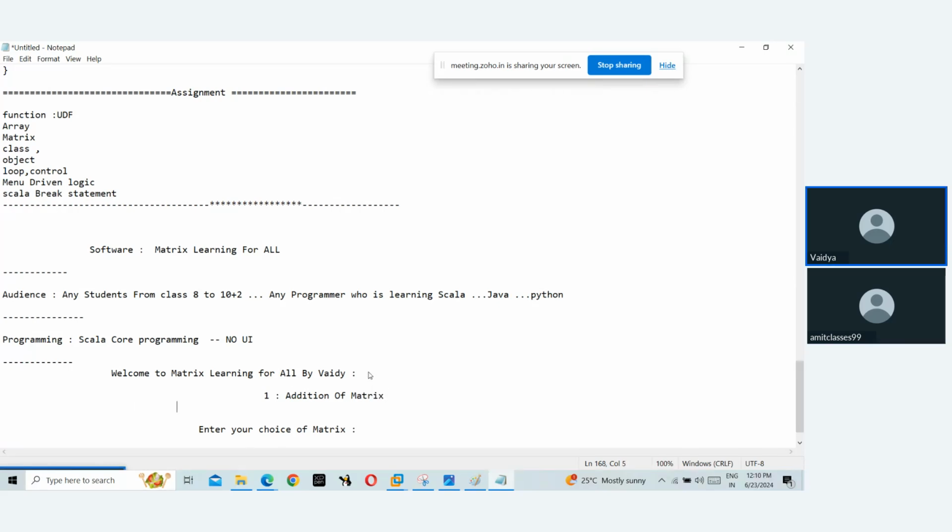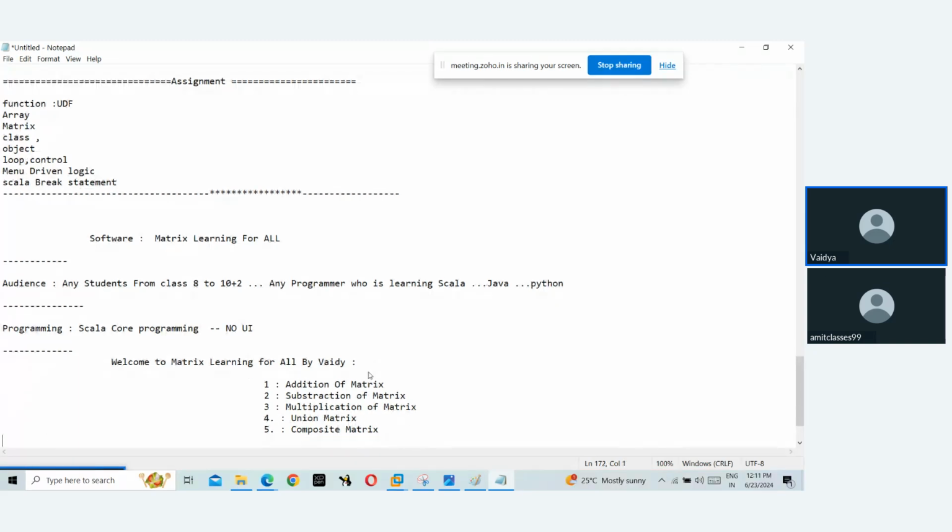You got my point? If you enter two, you are learning the subtraction of matrix. If you go for three, the third menu, because we have programming, multiplication of matrix. If you go for four, union matrix. If you come for five, composite matrix. If you come for six,